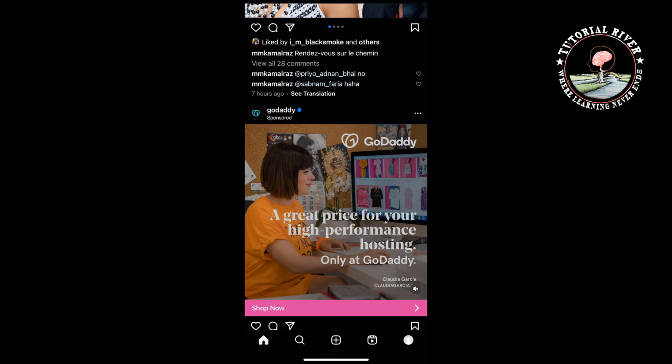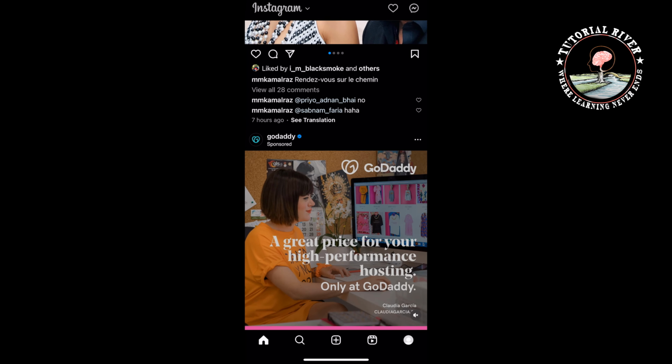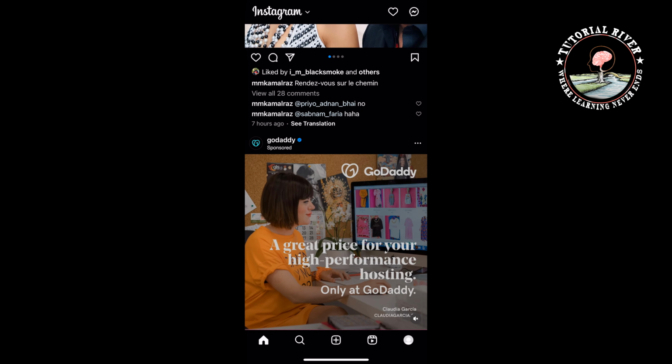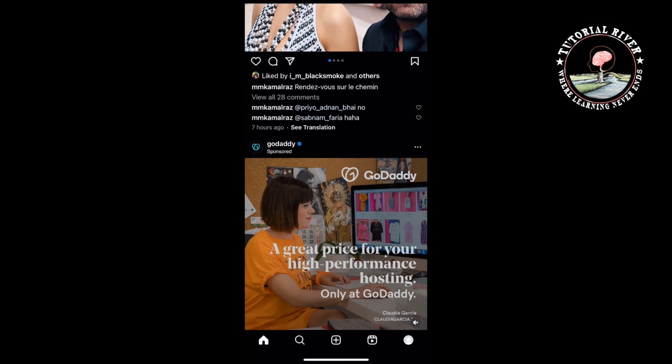Solution number 4. Update Instagram app. Many times you use a very old version of the Instagram app on your Android phone, or say you use an outdated version of Instagram and you never update the app. So even in such a situation, you may have to face the problem of Instagram message swipe reply not working